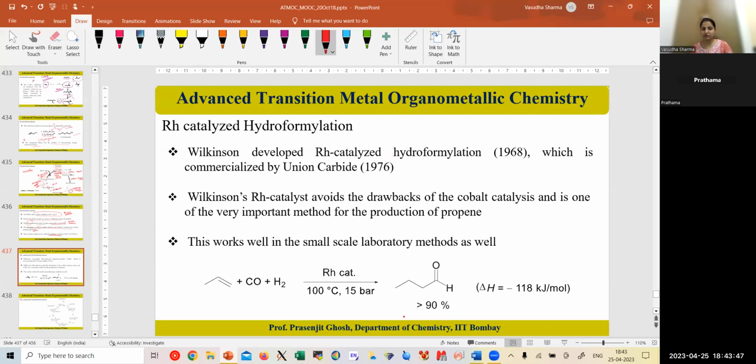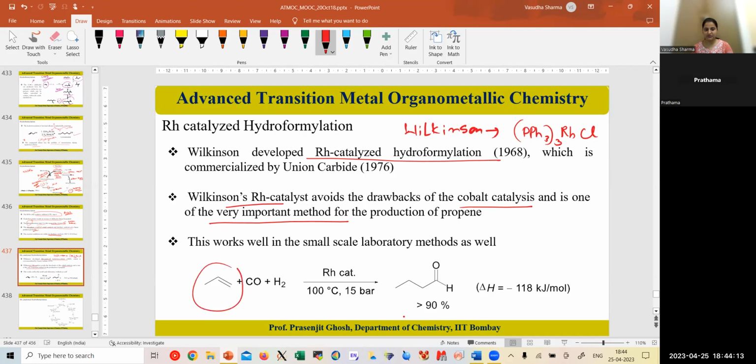As we have already talked about, Wilkinson has developed that rhodium catalyzed hydroformylation. So the Wilkinson catalyst that we have just seen is nothing but the PPh3, which is coordinating with your rhodium and a chloride. And this is what we started with. Now this Wilkinson catalyst avoids the drawbacks of the cobalt catalysis and is a very important method for the production of the propene. For example, if we have this alkene, which is a terminal alkene,